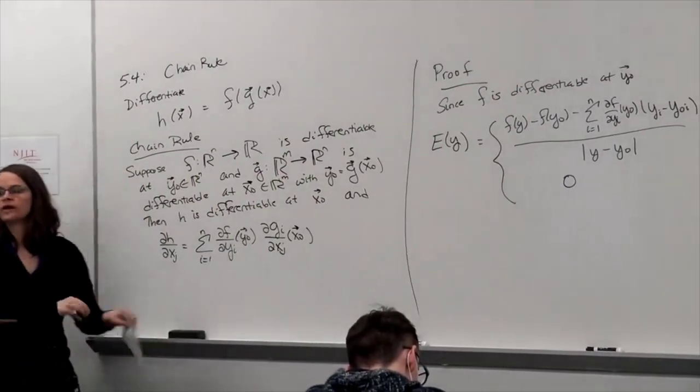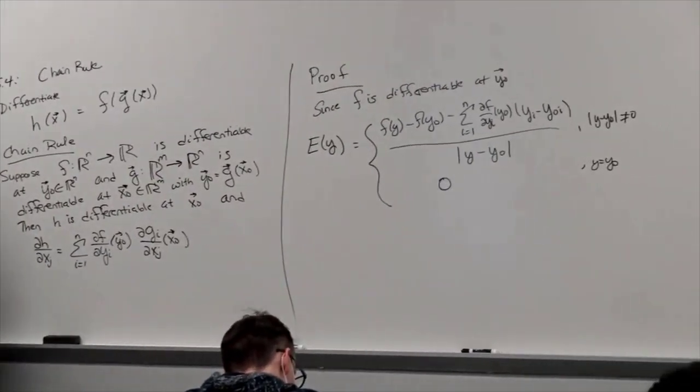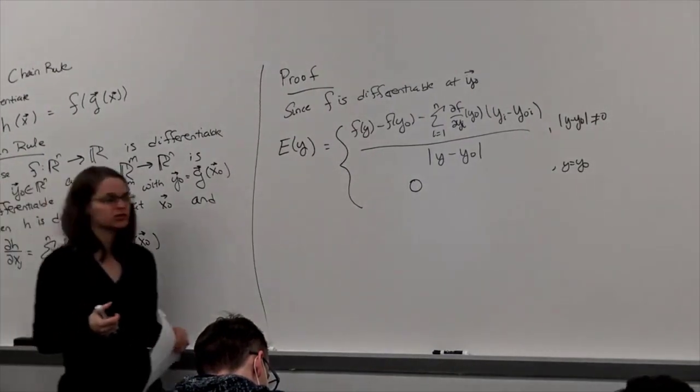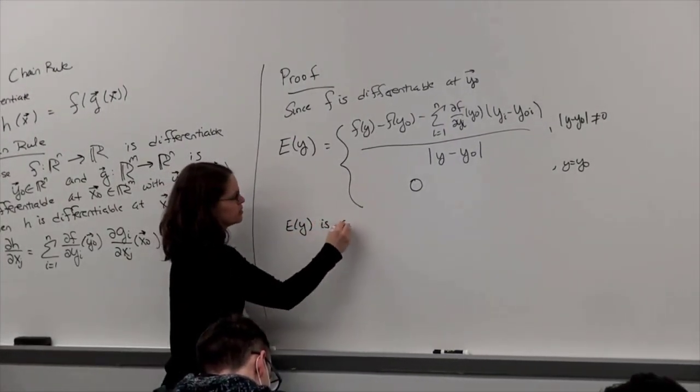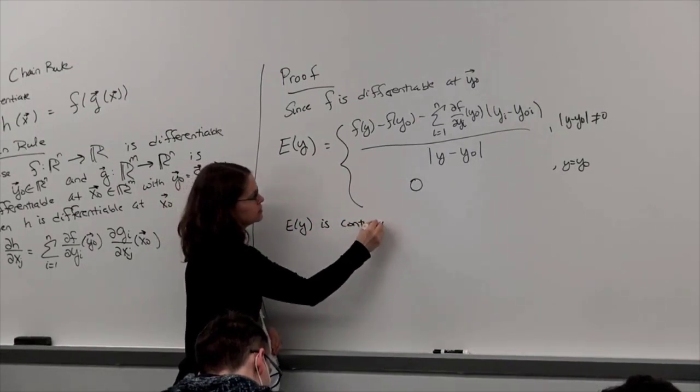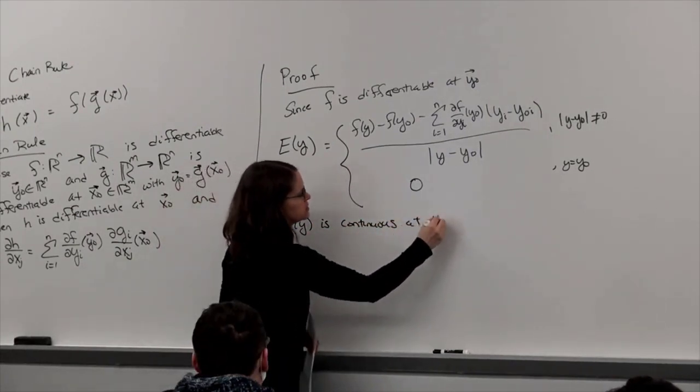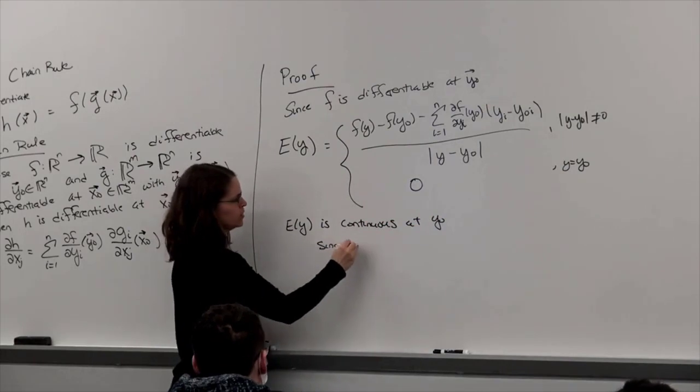And now, what can I say about this function? This is a continuous function. We've removed this discontinuity. So e of y is continuous at y0, since we know that